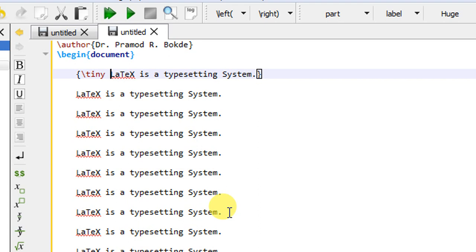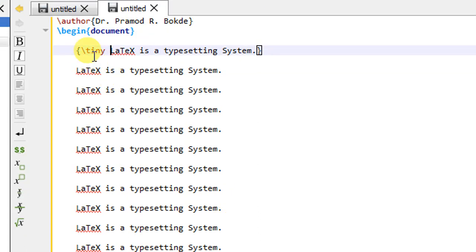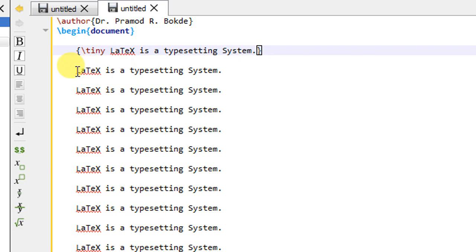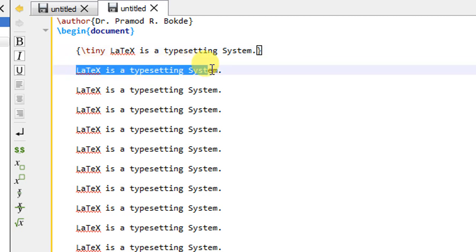Whatever text I have given inside the curly braces, the font size applied to that text will be tiny. This is the smallest font size applied on this sentence.